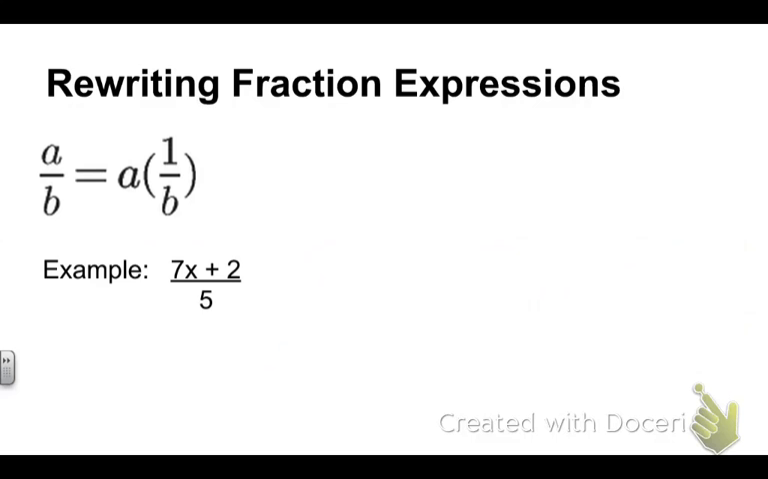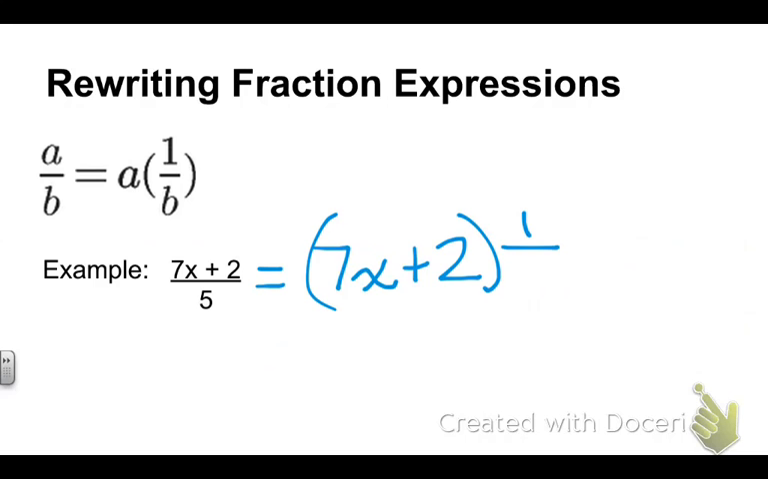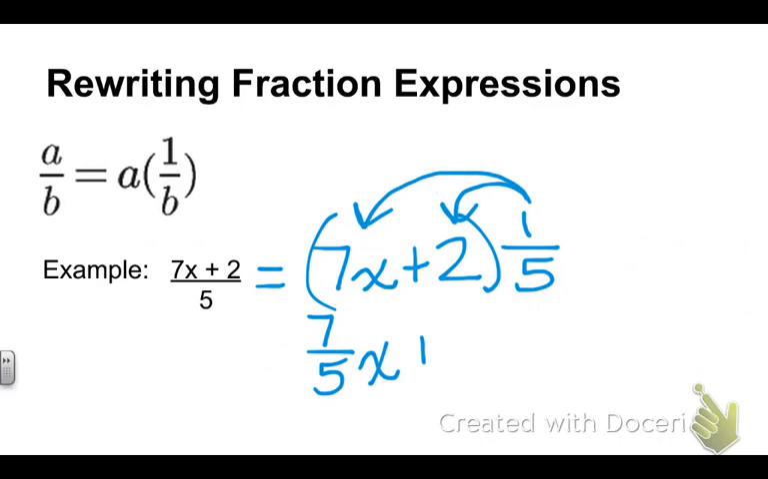Alright, what we can do is basically pull out that numerator. Alright, so we can make this equivalent to 7x plus 2, and that's being multiplied by 1 over 5. Alright, that 7x plus 2, that's my a. I can pull that out, and I'm left with 1 over 5. So now, with the distributive property, take that 1/5, multiply it by 7x, multiply it by 2. Again, it's fractions, so it's going to be 7/5 x plus